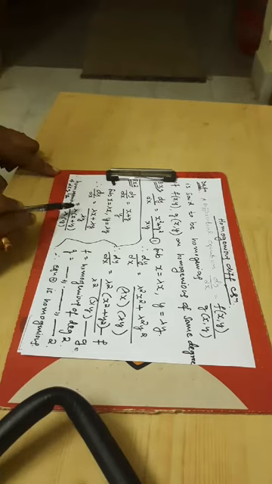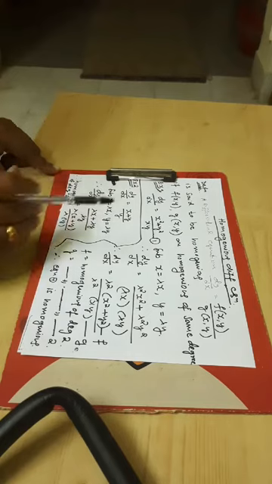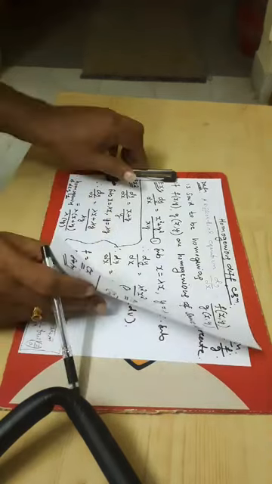The numerator is f and the denominator is g. What is the power of lambda in the numerator? 1. Therefore f is homogeneous of degree 1. In the denominator, what is the power of lambda? 1. Therefore g is also homogeneous of the same degree 1. The power of lambda in the numerator is 1 and in the denominator is 1, so both powers are equal. Therefore this differential equation is also homogeneous.